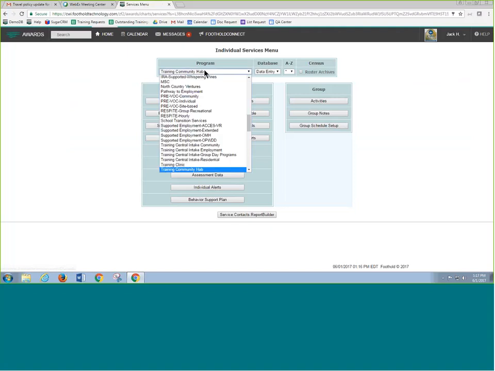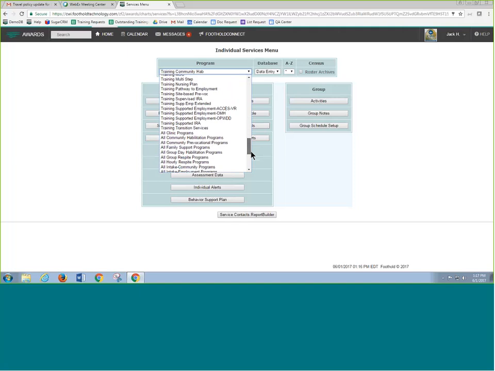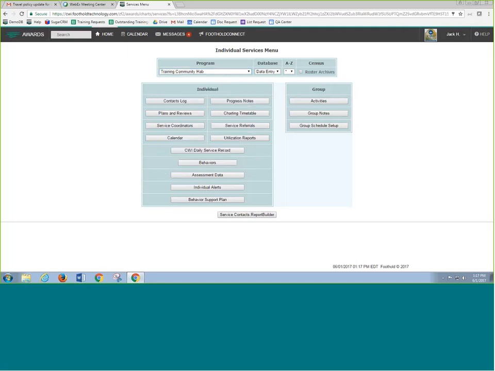Would this be particularly for Community Hab or some other program? Well, it could be for supported employment, OPWDD. It would be Community Hab because they have goals they need to work on, but they might work on very similar goals. Okay, so let me find. Tell me the name of the training program I should use. Use training supported employment OPWDD. Okay, so